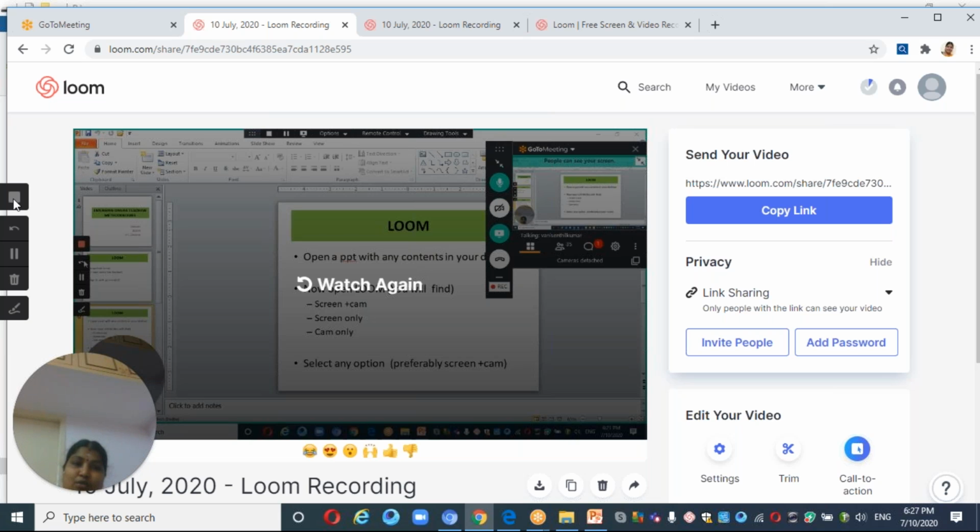Next question is that now you have finished your recording, where do I have to go and see this particular video, where it has been saved? You have to find something on this particular symbol, like you selected screen plus camera, right? At the top, you can find a run symbol. Click that run symbol. Like I'll show you once again, clicking on the run symbol, you'll find, just click that.